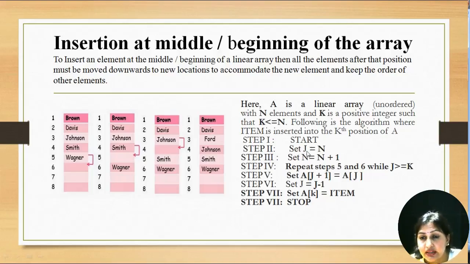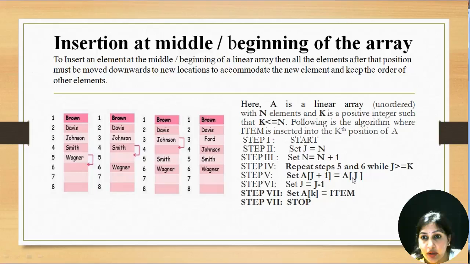Initially, we take a counter variable whose value is assigned with n, meaning j is equal to n. Now, when we insert a new element in the array, the number of elements increases by 1, so the value of n is increased by 1. Now we will repeat steps 5 and 6 until we have shifted all the values one index forward. We set